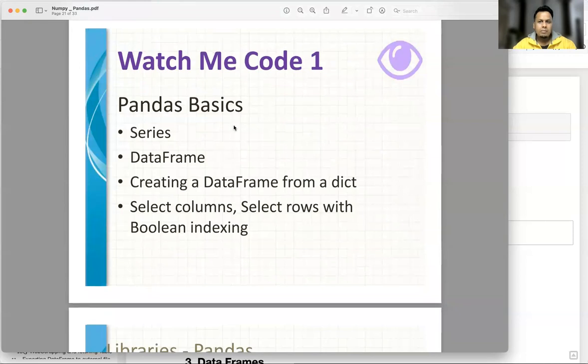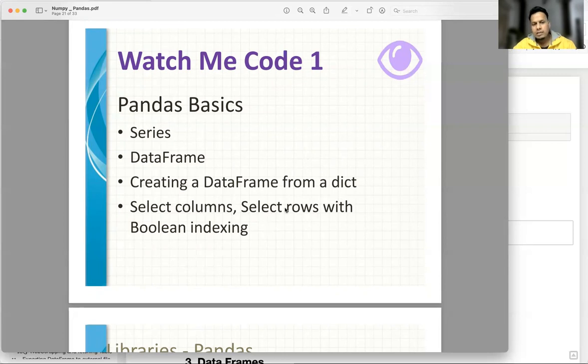So what are the basics of Pandas? We will be talking about the Series data type and the DataFrame, which is nothing but table data. Believe me guys, Series and DataFrame are very important concepts. If you understand these, I can bet you can handle any kind of data using the Pandas library. Whatever examples I show, please listen carefully and keep trying parallelly in your notebook. We'll see how to create a DataFrame from a dictionary or from different data, how to select columns, and how to select rows.